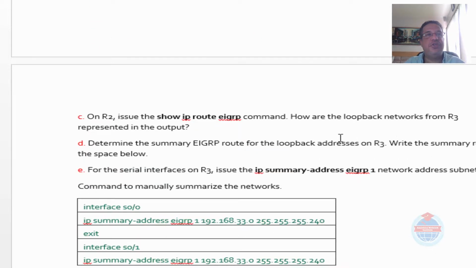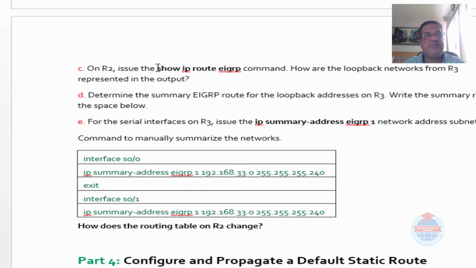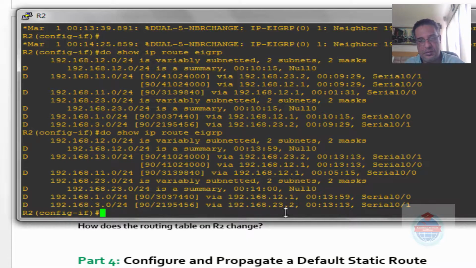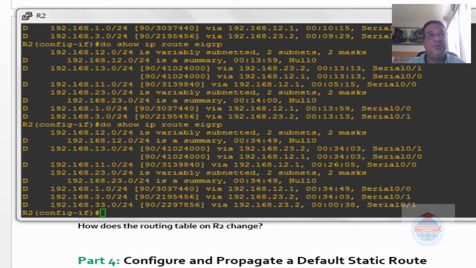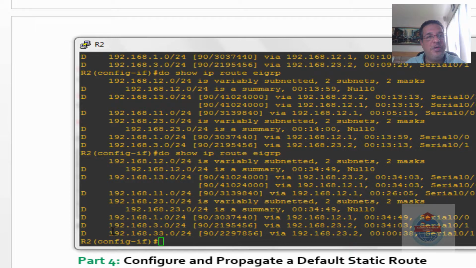On R2, it should show the IP route EIGRP command. Okay. How are the loopback networks from R3 represented in the output? Let's start first on R2. How the loopback networks are represented. So let's check it out. Over here,